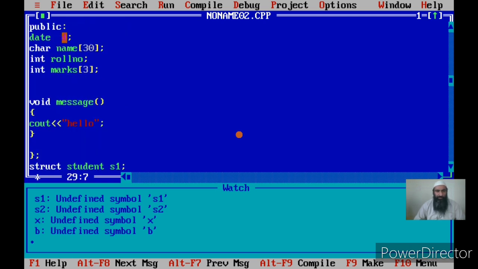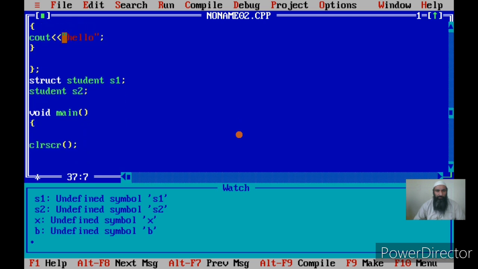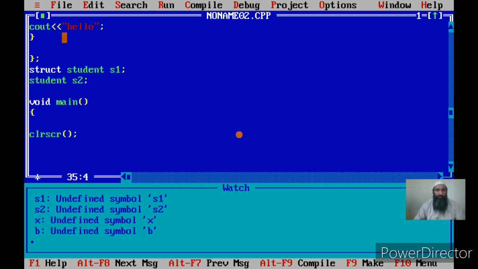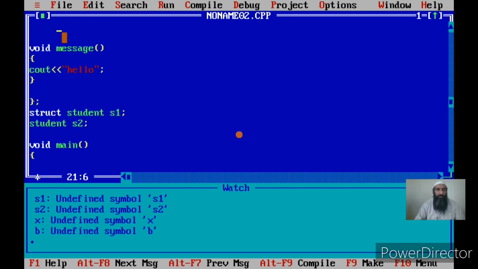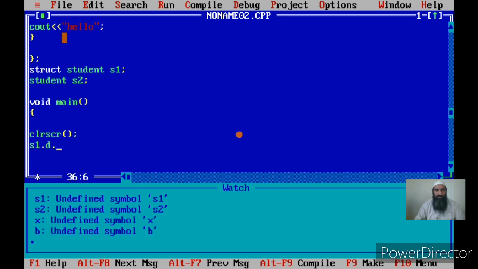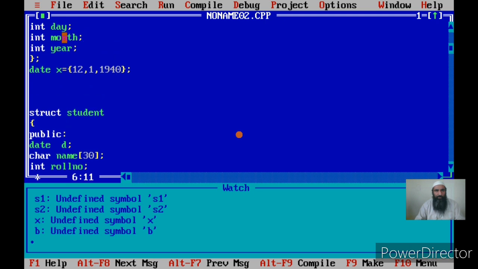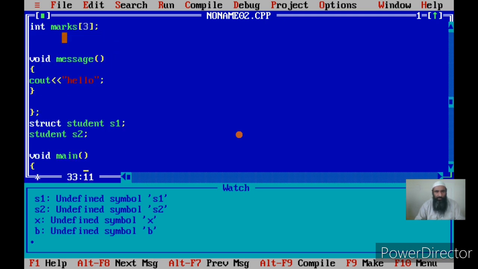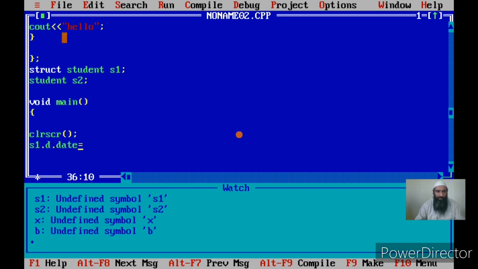Let us access d. How do we access d? With s1. Now since d is a member of the structure, we have to first give the name of the structure, that is s1. Now another member is d, and d has got how many parts? It has got 3 parts, that is day, month and year. So we can access each part separately, that is s1.d.day equal to, is it date or day? I have used day. It is day, month and year. Okay, I give day